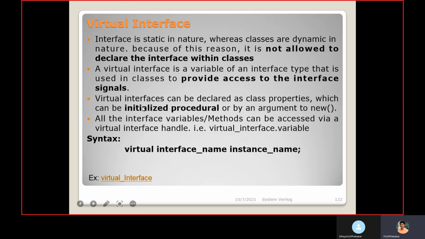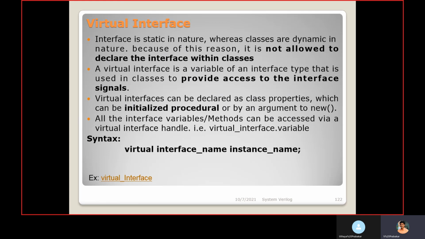The other way, you can create the physical interface handle in the top module, and assign that to a particular class. There you should declare the virtual interface as static.